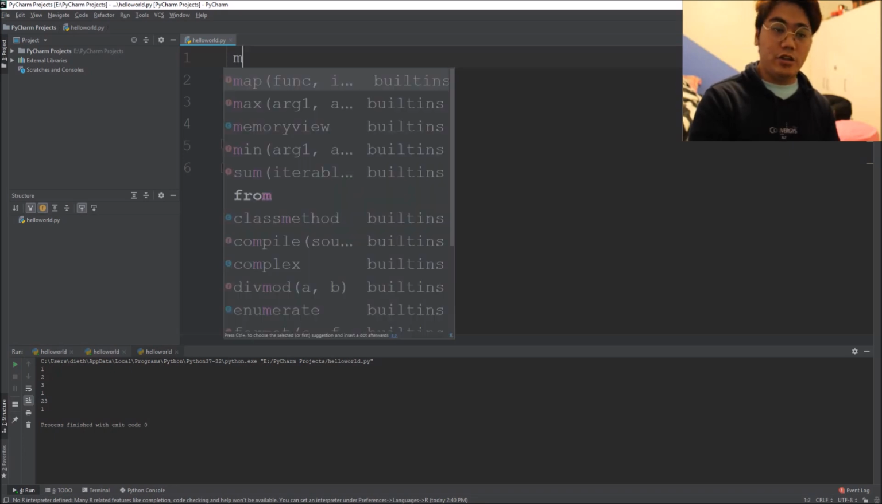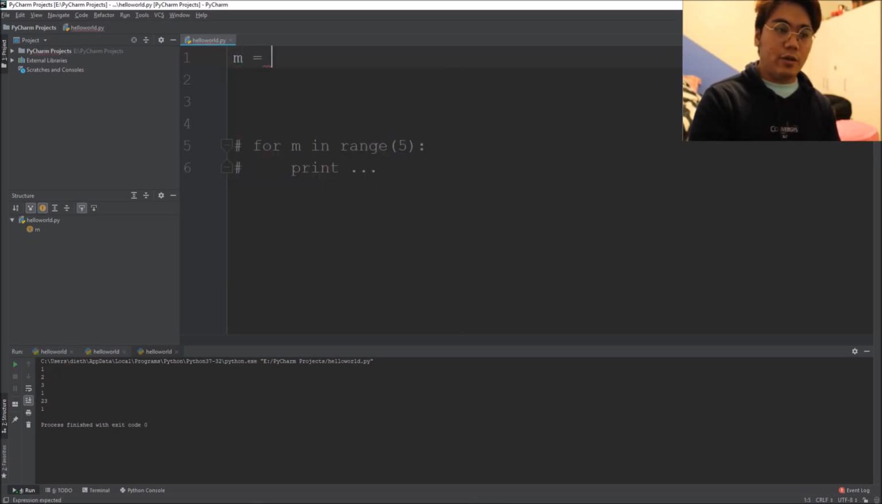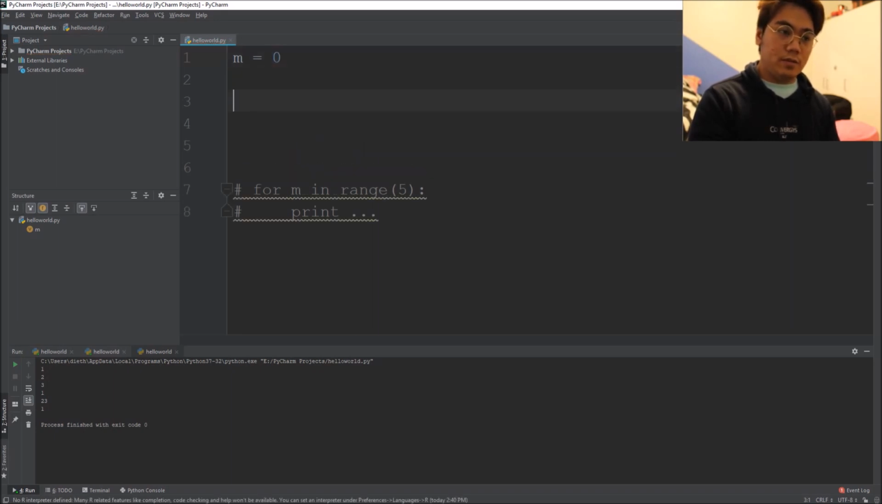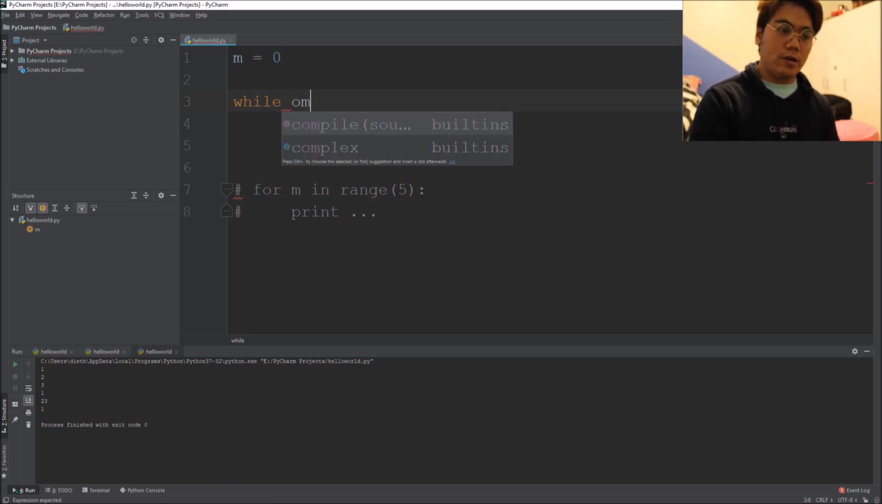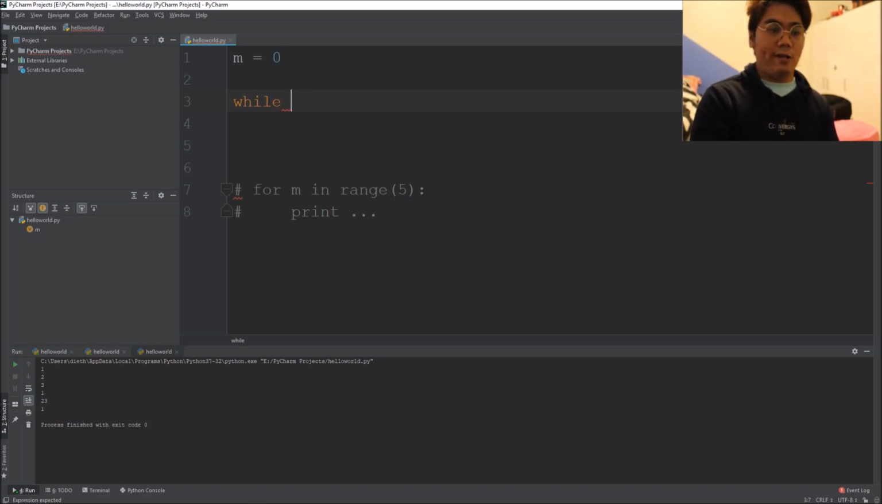Let me go ahead and use the letter m as our variable name, and so m is equal to 0 will be the start of our while looping statement. So we wanted to do the same thing as the for loop that we created earlier. So while, just like what I told you, it is a conditional looping statement, so we'll have to put a conditional statement right here after the word while. And so while m is less than 5,